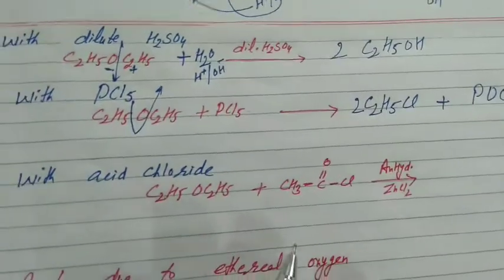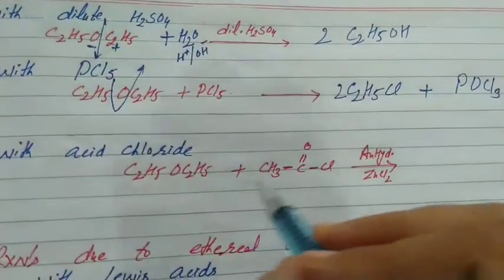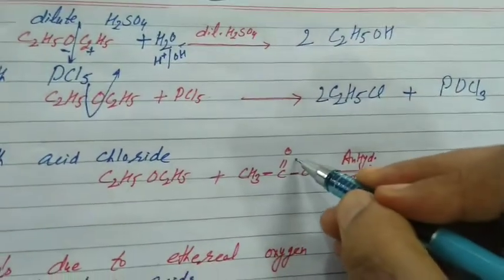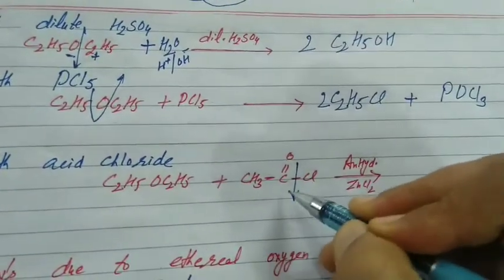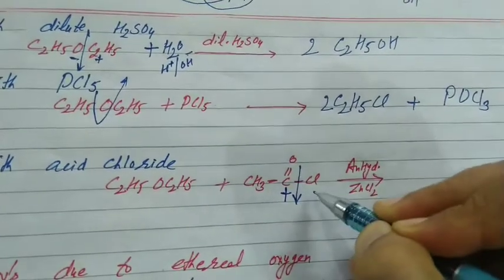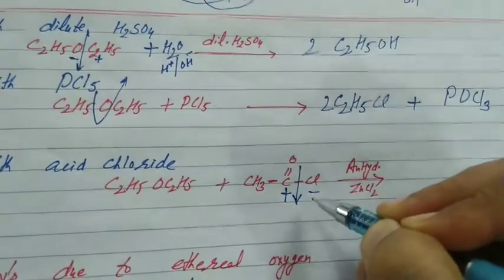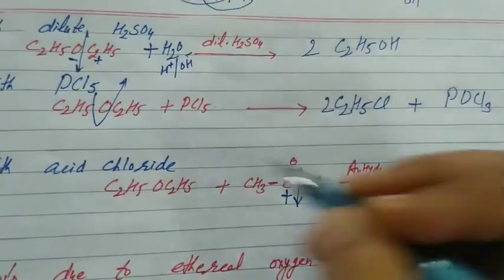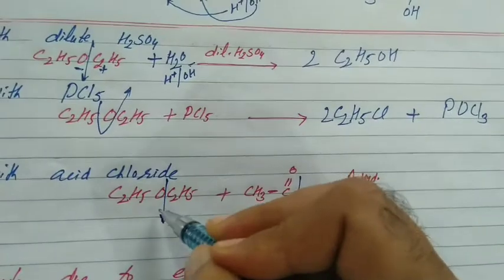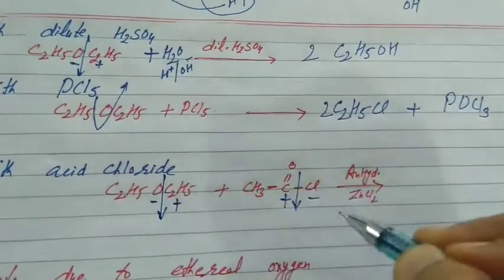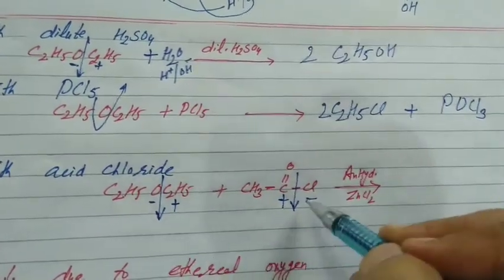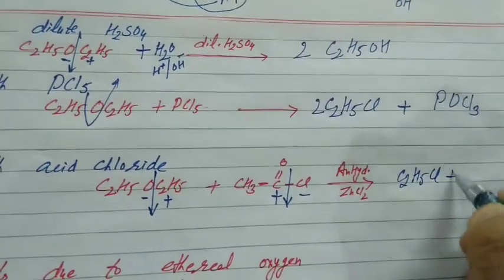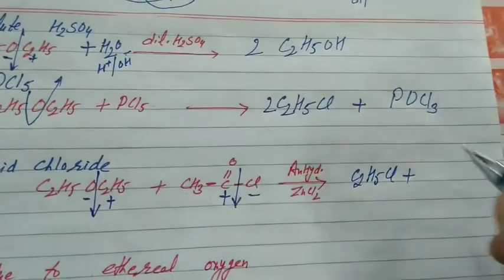Last reaction in which the breakage of carbon-oxygen bond takes place is with acid chloride. Whenever we have acid chloride, students, what will happen? Acylation reaction, breakage of carbonyl-carbon halogen bond. The reaction is carried out in anhydrous ZnCl2. Ethers, breakage of carbon-oxygen bond. The positive end gets linked with the negative part, we got C2H5Cl. And the negative end gets linked with the positive part, we got